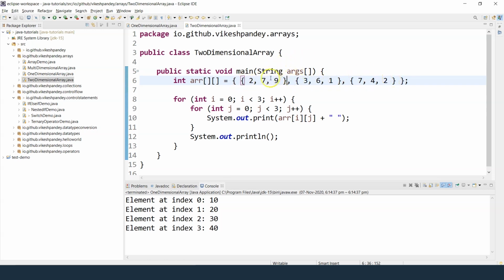We can still call it first row, second row, and third row, but the position of this particular row element is 0, this one is 1, and this one is 2. Similarly for columns, this is column 0, column 1, and column 2. Once you understand this data structure well and you have defined it correctly, then everything should fall in place.